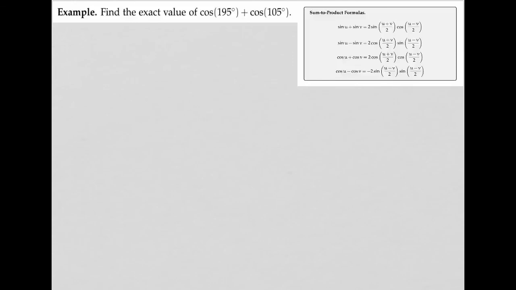Finally, let's look at an application of the sum to product formulas by finding the exact value of cosine 195 degrees plus cosine of 105 degrees. We're starting with a sum. We would like to turn that into a product. And if we look at the top right corner, what is the appropriate formula to use here? The appropriate formula is the third formula, because we have a sum of two cosines. So, cosine of 195 degrees plus cosine of 105 degrees